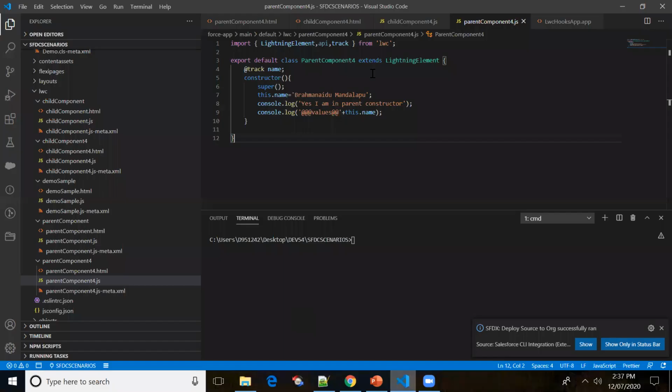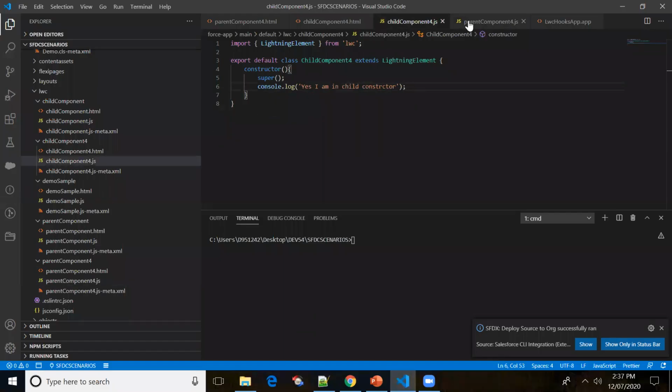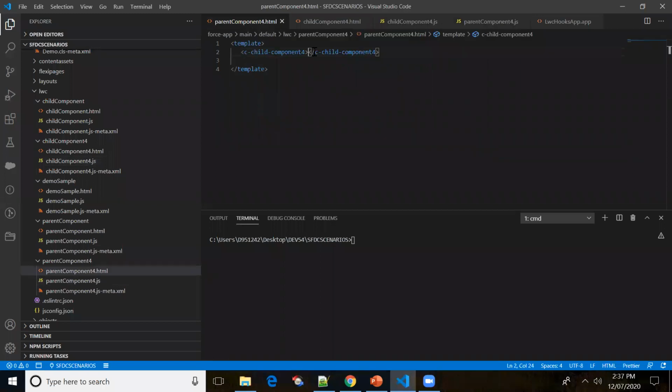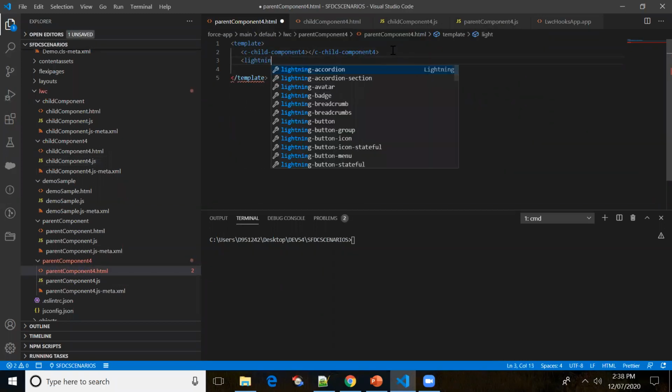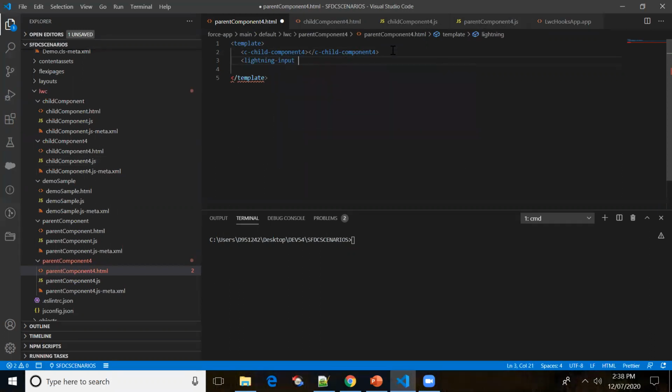Okay, so now what I'll do is, let me create an input in the parent component. So lightning input type equal to text.